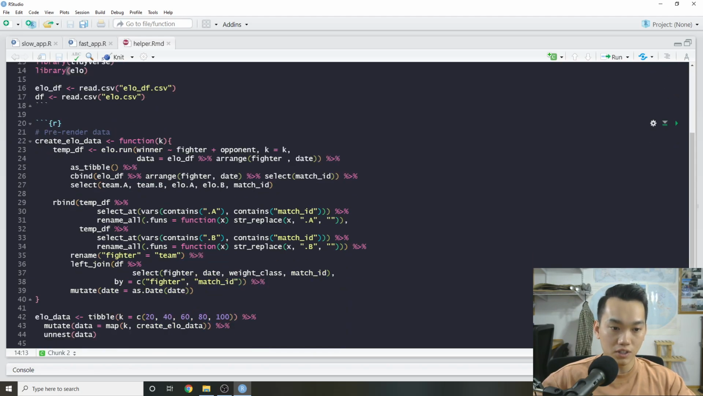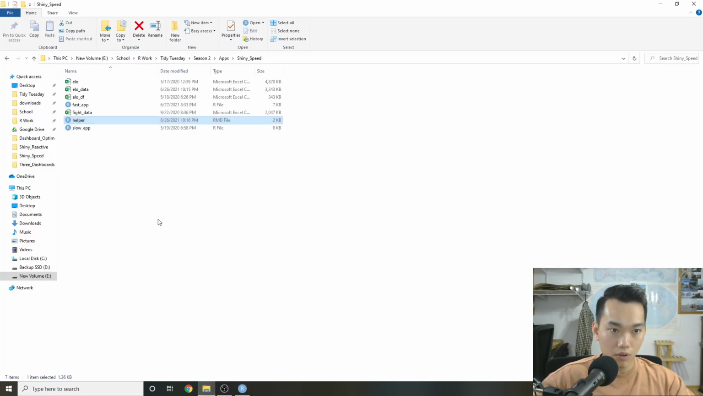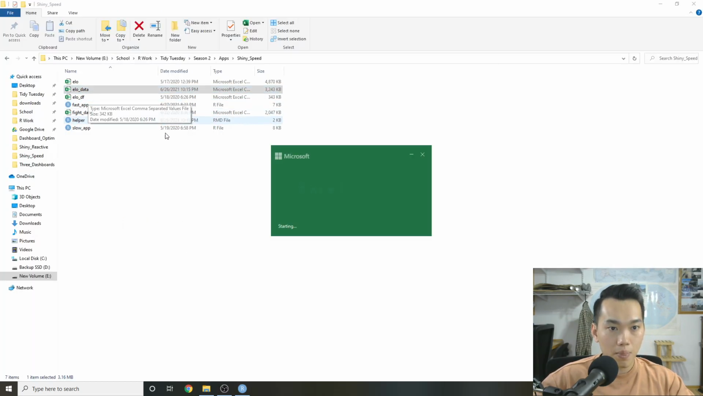I loaded in the function I wrote, and then what I essentially did was I chose some k values that would be most useful for a real application, and then just ran the function to generate a data set for all 5 of these k values, and then I exported it out. So if we look at our elo data,